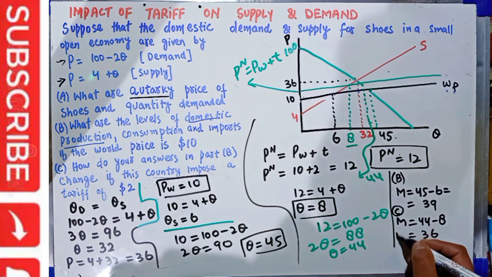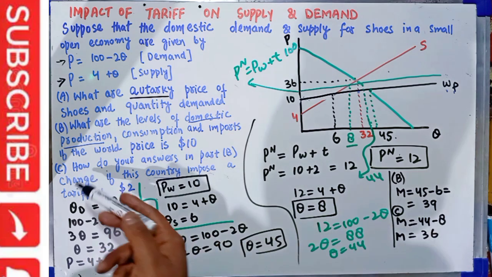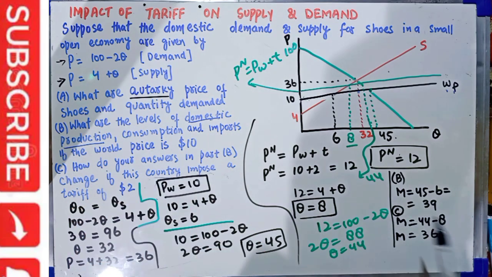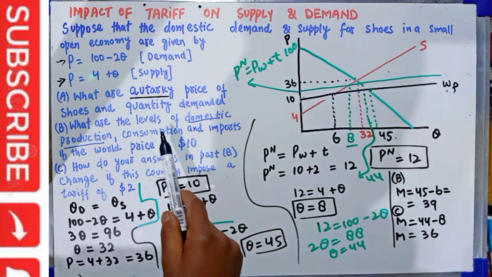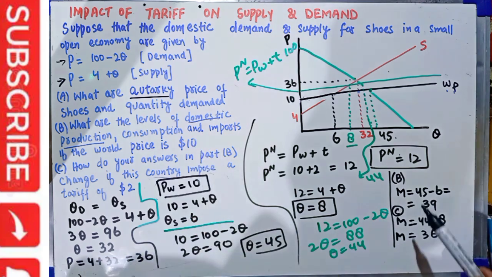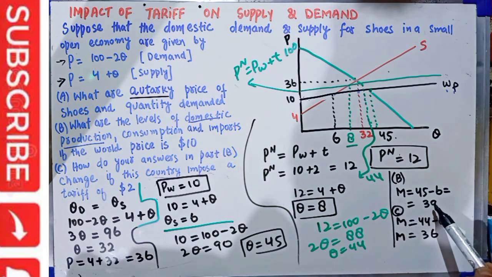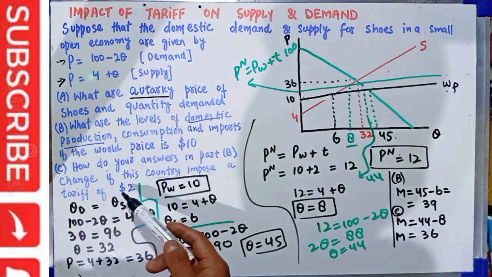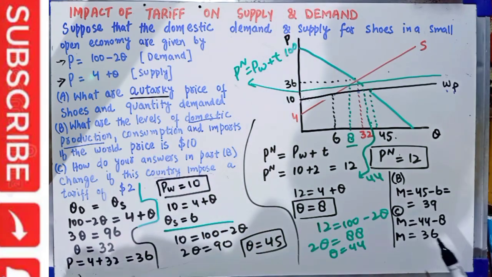So imports will be 36 units in the C option. In the B part, I forgot to write that, I'm really sorry for that. So in the B part, when the world price was $10, imports were 39, and when the government imposes a tariff of $2, imports have reduced